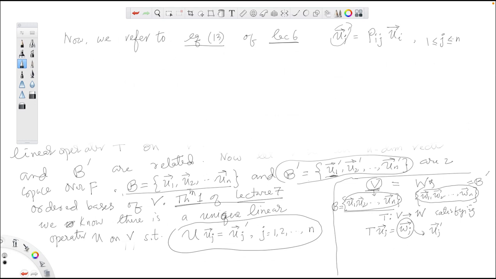We therefore see that using this equation, which we denote by equation number 17 in this case, using equation number 17 and this equation together